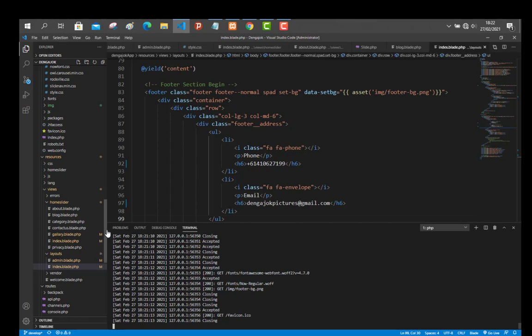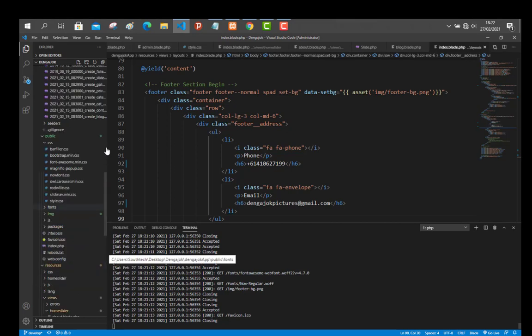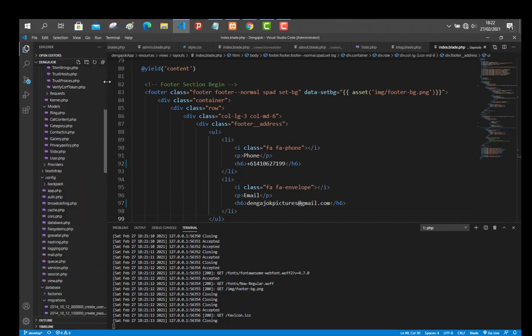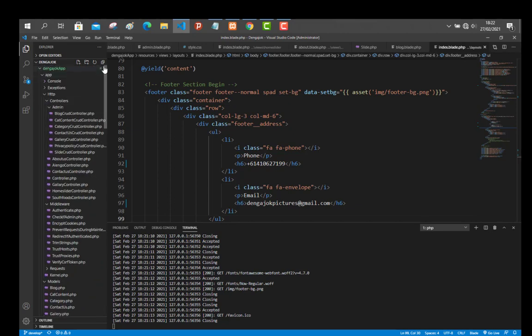So this is the organization. You need to first have that folder that has all these files and folders, and the name of that folder is Dengajok app. Inside the Dengajok app, we have the app, the console, the exceptions, the HTTP. So under HTTP, this is where we normally put our controllers, and then